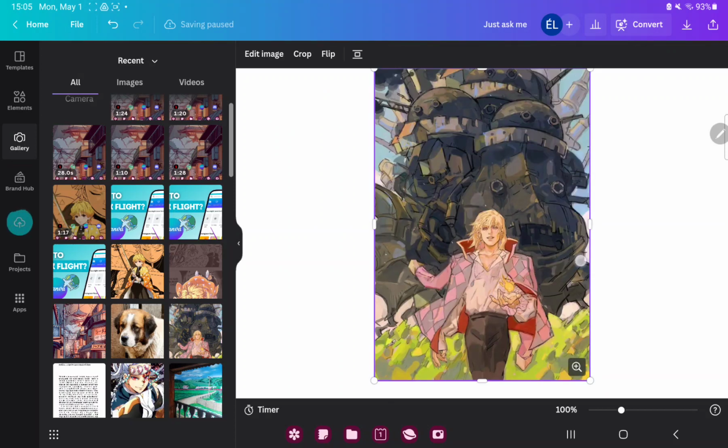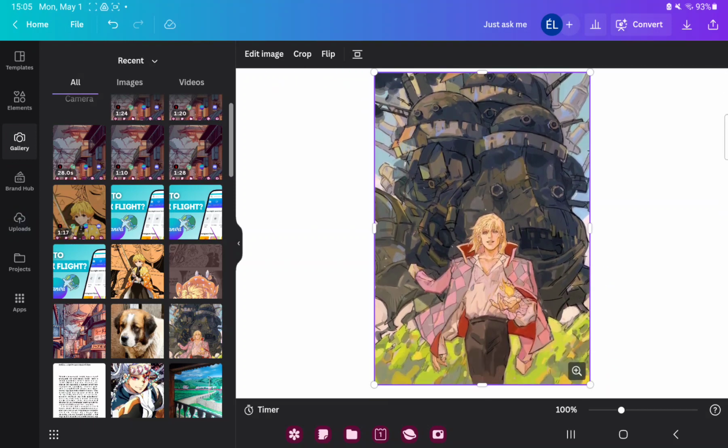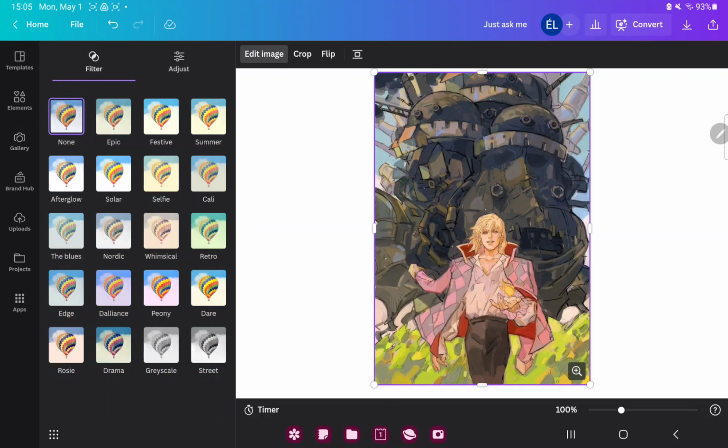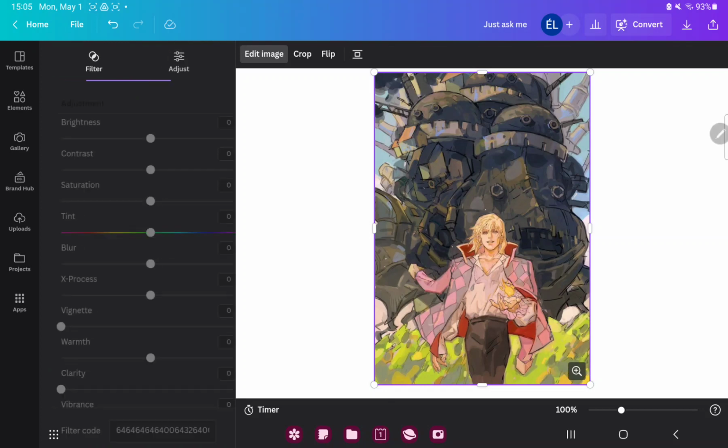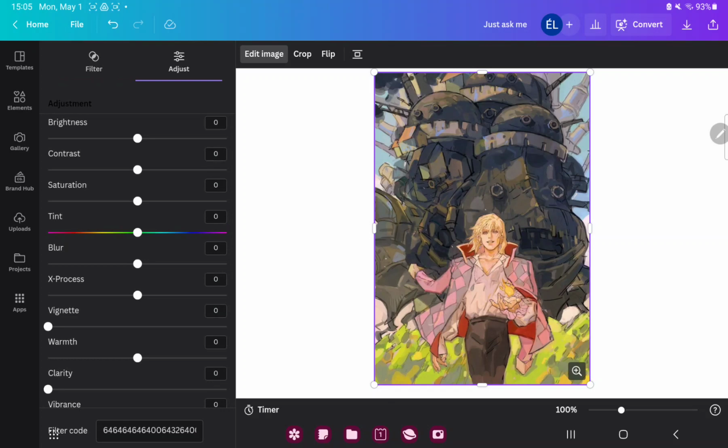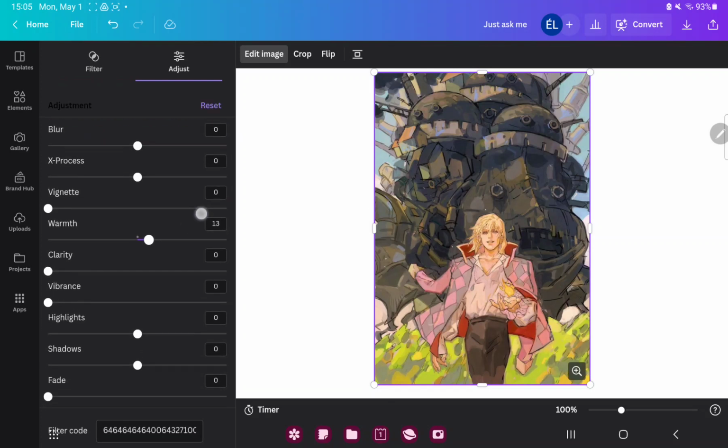And now the image is added to your document, and go to the edit image option at the top of the screen, and you can find different filters. And if you go to the adjust button, you can set the brightness, contrast, blur, clarity, vibrance, and highlights options,